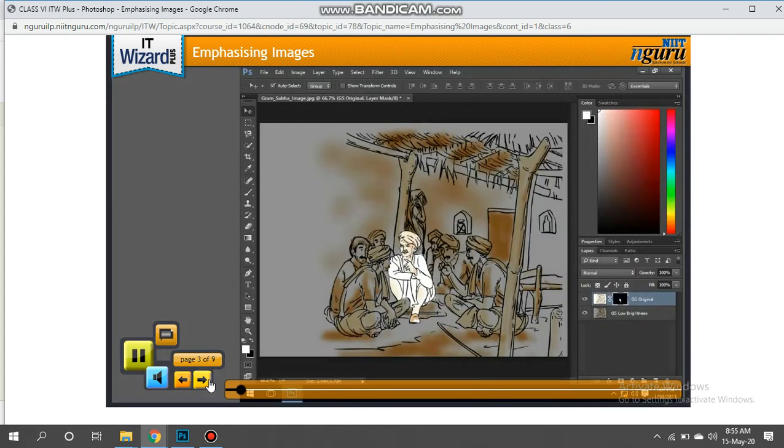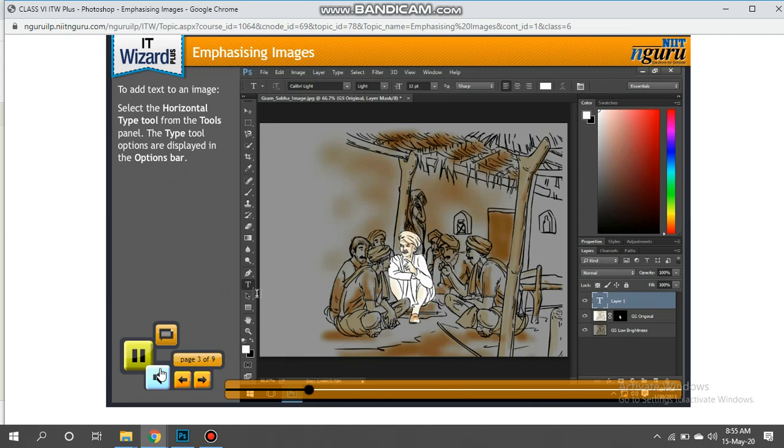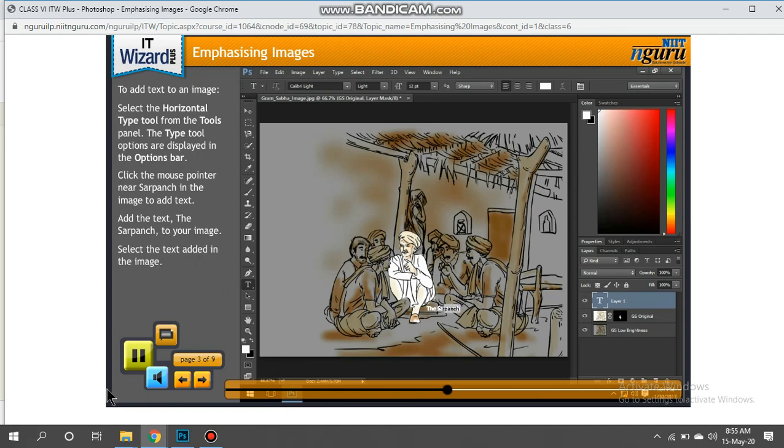Now we will add text to the image of the Sarpanch. To add text to an image, select the Horizontal Type tool from the Tools panel. The Type tool options are displayed in the options bar. Click the mouse pointer near Sarpanch in the image to add text. Add the text, The Sarpanch, to your image. Select the text added in the image.